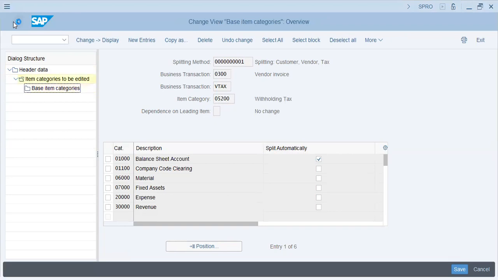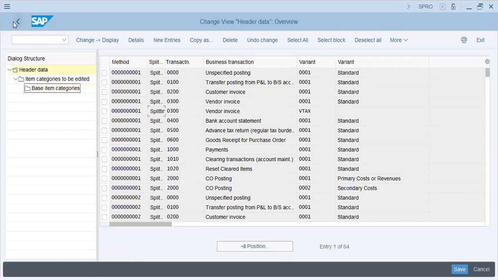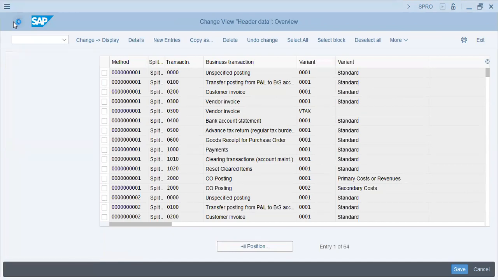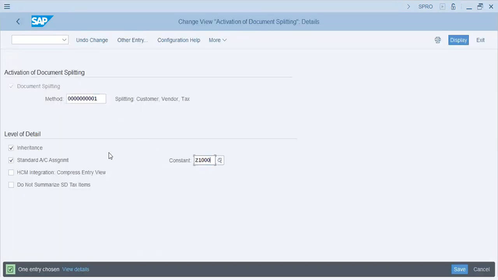Between profit centers. Okay, assign document splitting method, inheritance, standard account assignment. Document splitting method that we have already seen: 0, 1, and I can't actually recall what is inheritance. I had that in my mind, but I've forgotten that. But anyways,